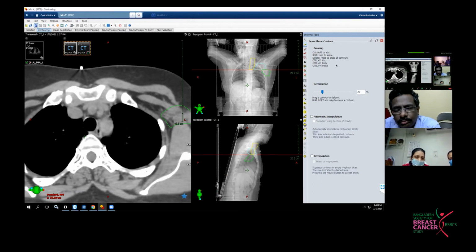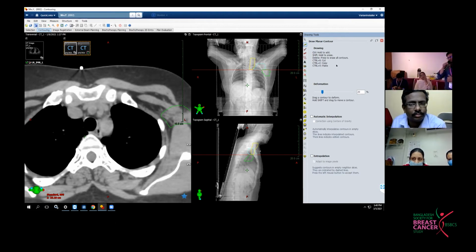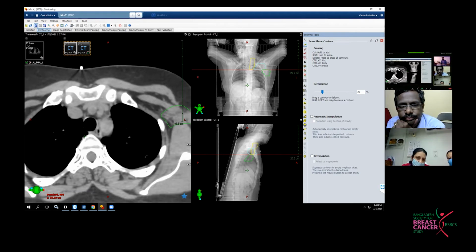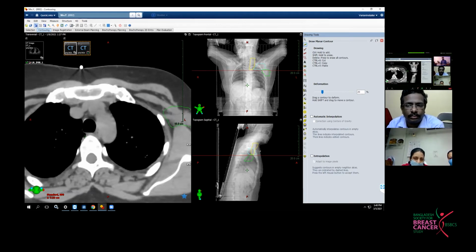In such cases where you are not following the conventional borders, especially for left-sided, you may have to use special cardiac sparing techniques. So if the tumor is located in the lateral side and the scar is beyond the mid-axillary line, do you practice electron? My question was that. Yeah, electron occasionally, if that was the site of tumor location, you may have to use photon for the tangents and the superficial part may use electron. But such cases are very few, I would say, in clinical practice.